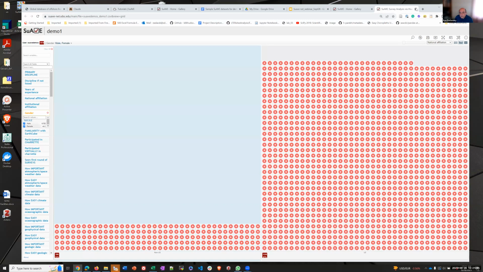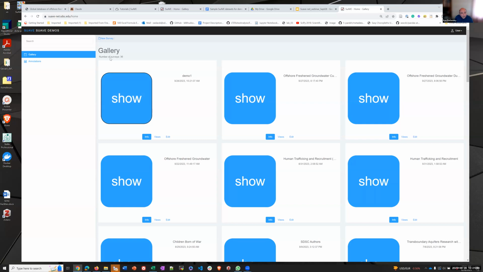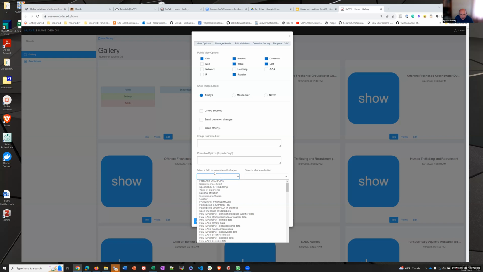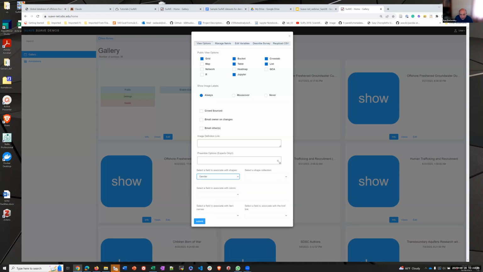So this is what we call a survey, and survey is the main unit of this analysis, of course, of the system. Of course, you can then go to settings and make it look better. Let's say you want to have additional views, you want to add Jupyter, you may want to specify that you want to have different symbols. Let's say a field to associate with shapes will be gender, and we'll look at